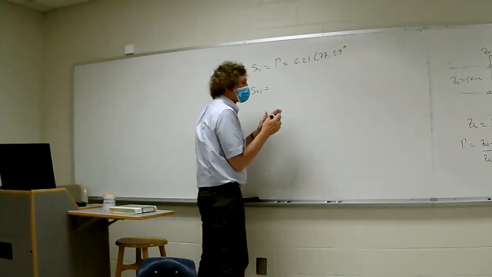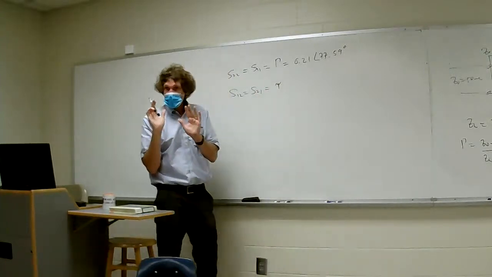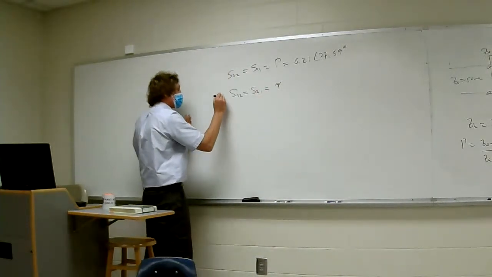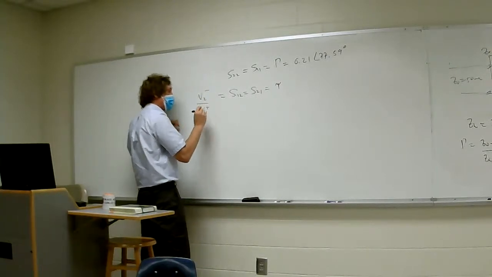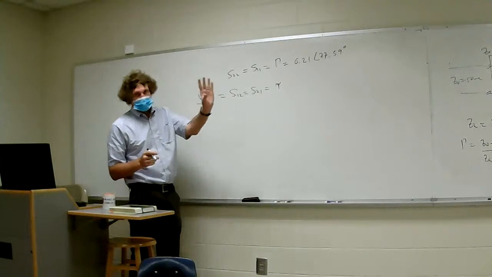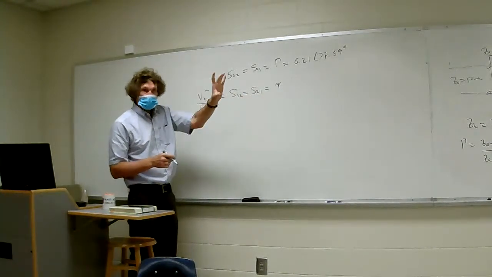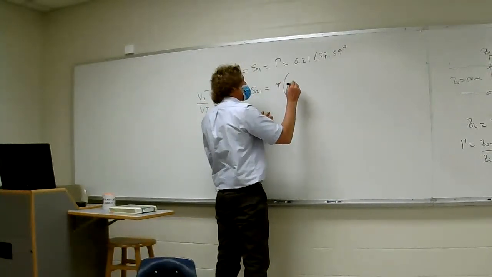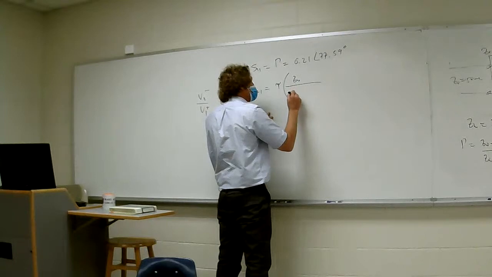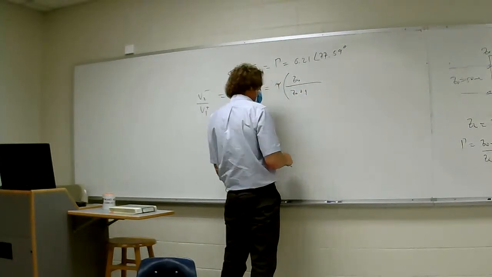Now, when we talk about S12, it'll be the same as S21. And that's going to be, first I have to take the transmission coefficient tau. You all understand why, right? Because technically this would be like V2 minus over V1 plus. So when V1 plus is coming in on port 1, I multiply it by the transmission coefficient first. Now I have the voltage on the other side. And then I multiply it by voltage division, which is Z0 over Z0 plus, I can put down j omega L and just put